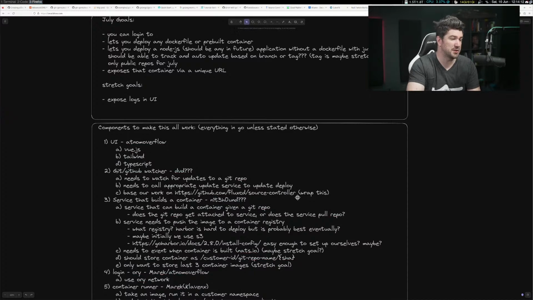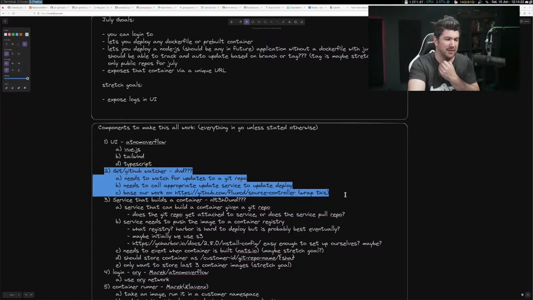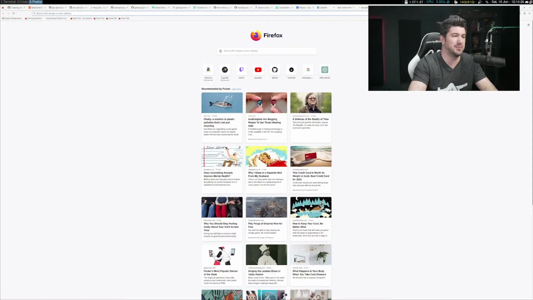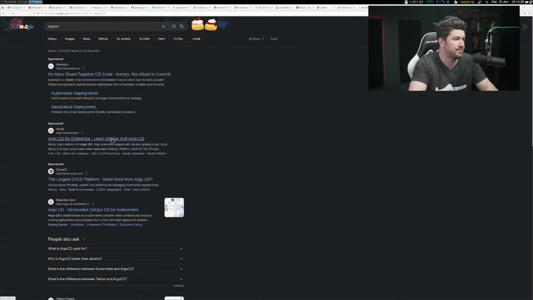I put source controller here as a possibility. Again, maybe it's not what we want or need. I don't know. I haven't really given this a ton of thought. I know that Argo CD does this. So if you look at Argo CD,